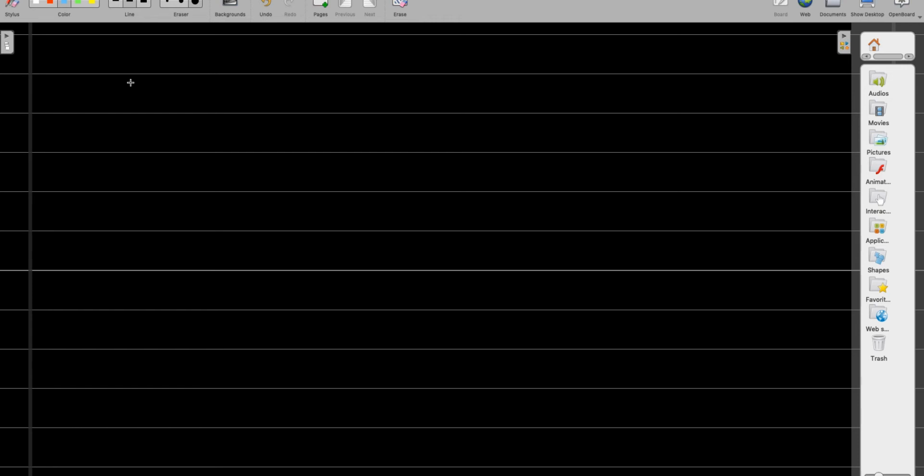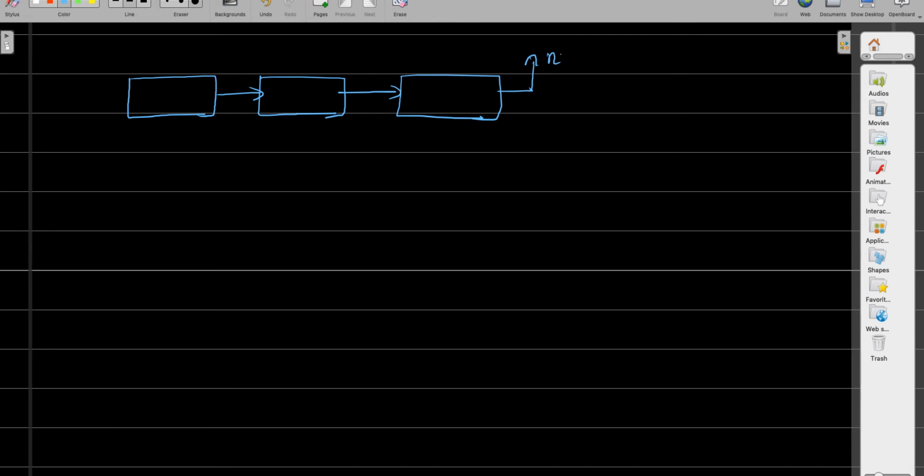diagram. So let's say we have a single list which has three nodes, right? And the last node will point to null and head will point to the first node, right? And you know that a node is nothing but an object, and in the case of a linked list, one node, one object will have data and a reference pointer to the next node, right? That also I will show you.